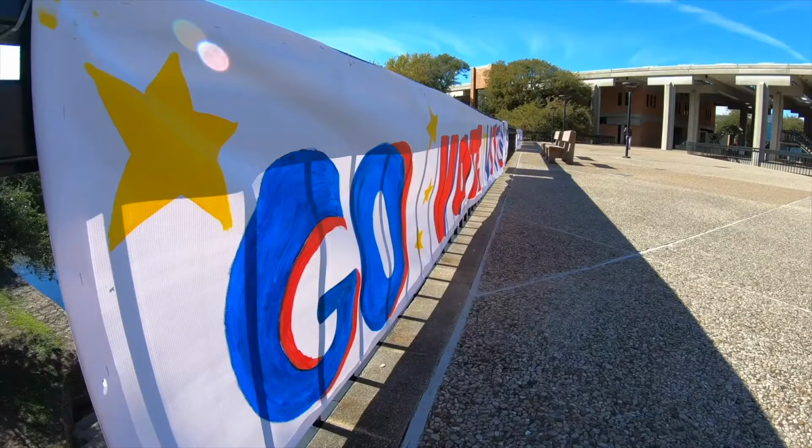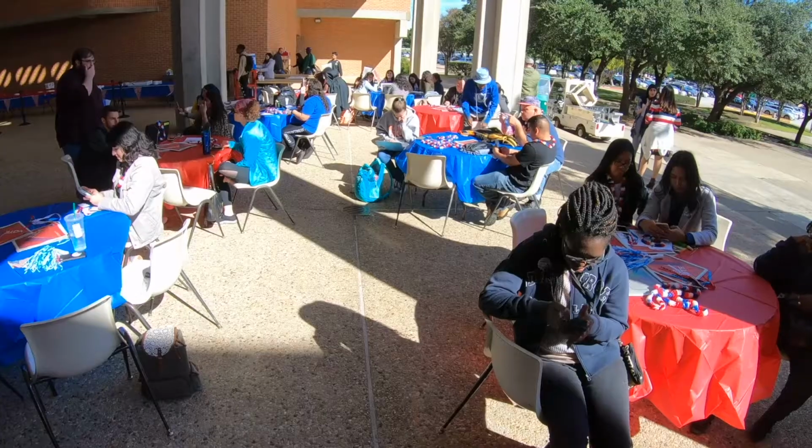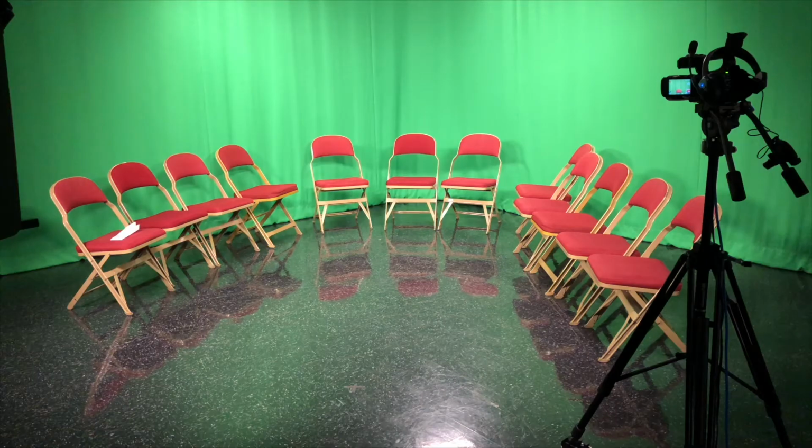After that, lots of the students had actually left. I think they started putting stuff away to then eventually go to the rally, because this hour here between 10 and 11 went by real quick. When you've got something to shoot like that, your 45 minutes or an hour can go by real quick. And I need to check in downstairs to see if the celebs are still coming to the studio and what this dance is. So I knew my only possible good sound, so to speak, was going to come from the